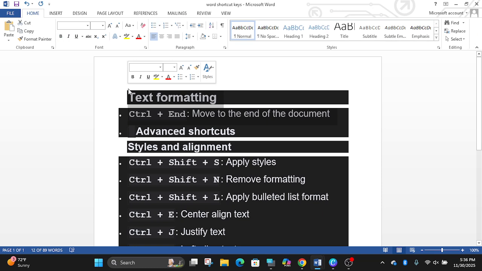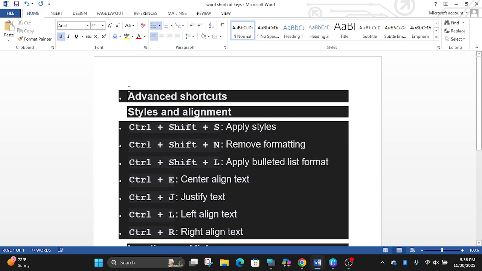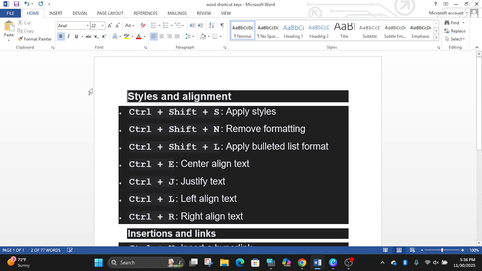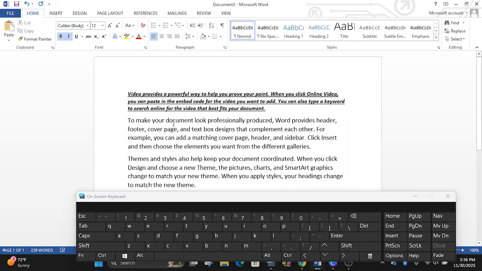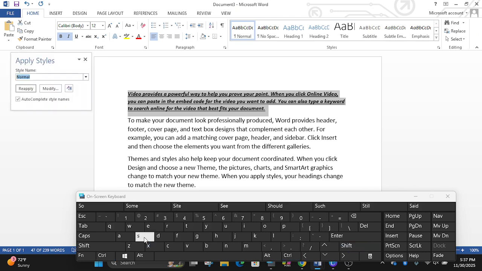These are the text formatting lists. Now advanced shortcuts for style and alignments. The first is Control Shift S, style. First select, then press Control Shift S. Here is Apply Styles.